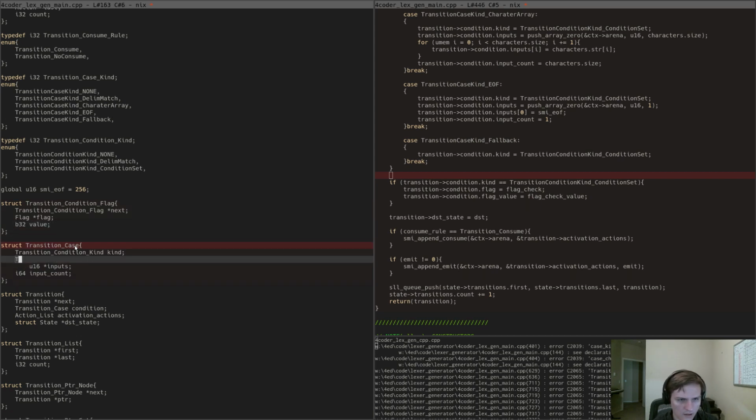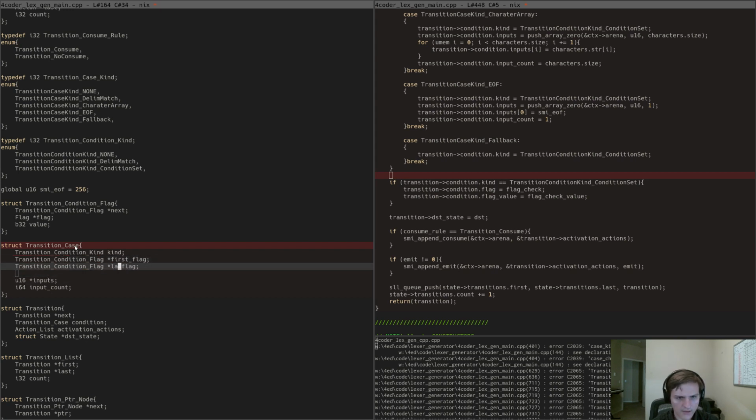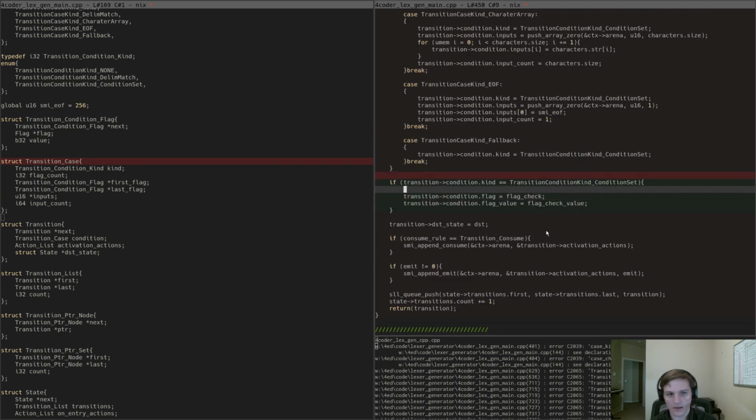And then we need a transition condition flag, first flag, last flag, flag count, right? So those initially are going to be 0, but if we have a flag to emit immediately, then we're going to grab one of these out of our memory,